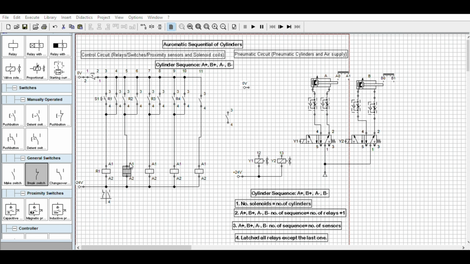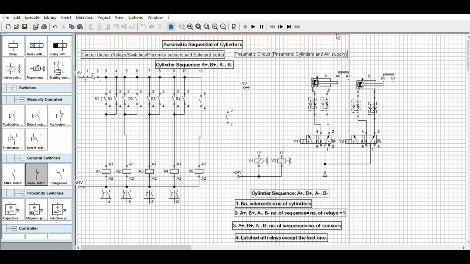You can label it however you want, as long as you have documentation. This is the R5. You can label this one as the reset. The last relay is the reset, to reset all the operation. That is the role also of